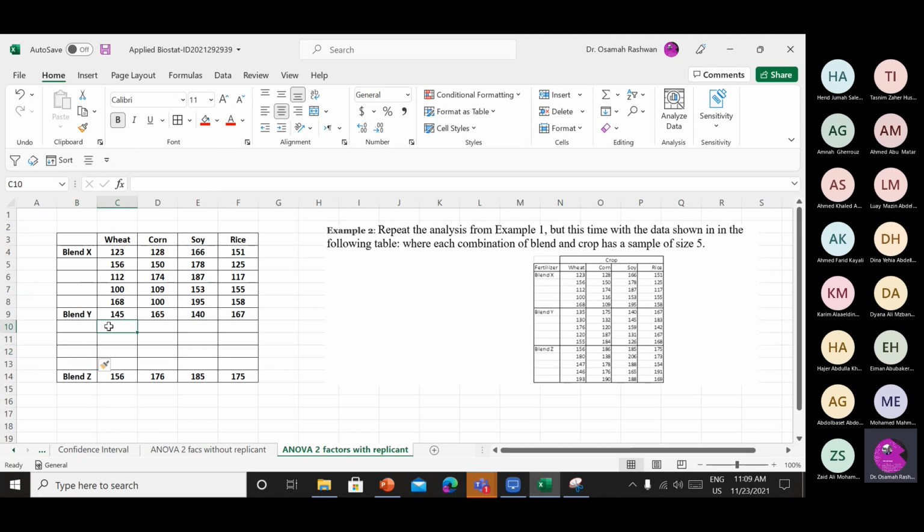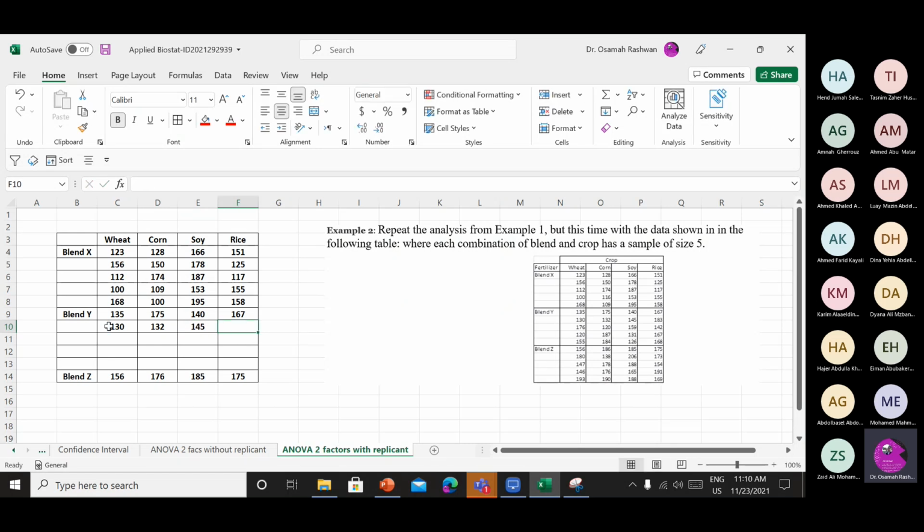Now let's write blend Y: 135, 135, and 175 for the corn, and 140. Okay, 175 is fine. Let's go for the second row. Second row is 130, 132,